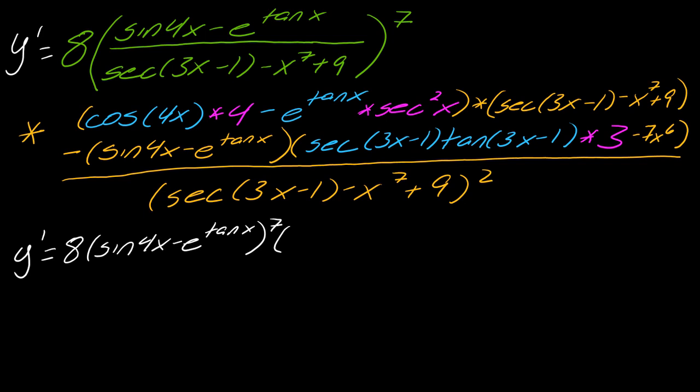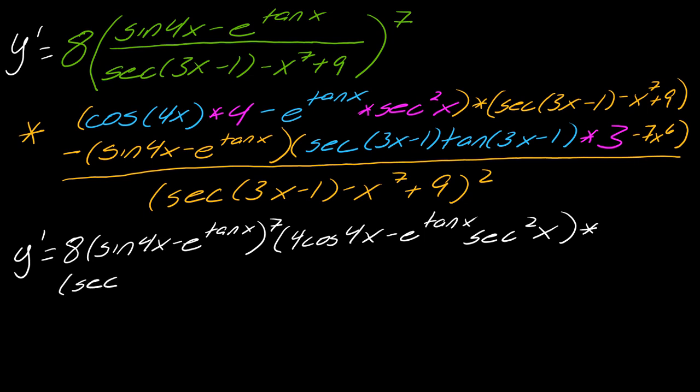This will be 4 cosine of 4x minus e to the tangent x secant squared x times secant 3x minus 1 minus x to the 7th plus 9